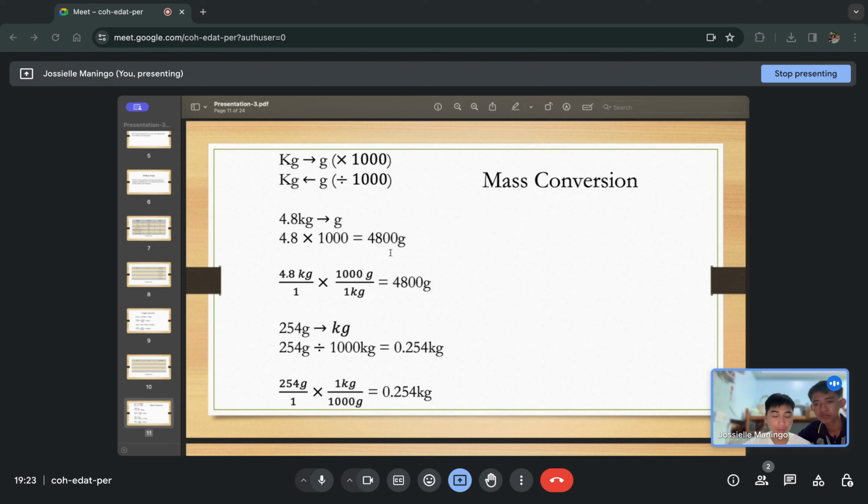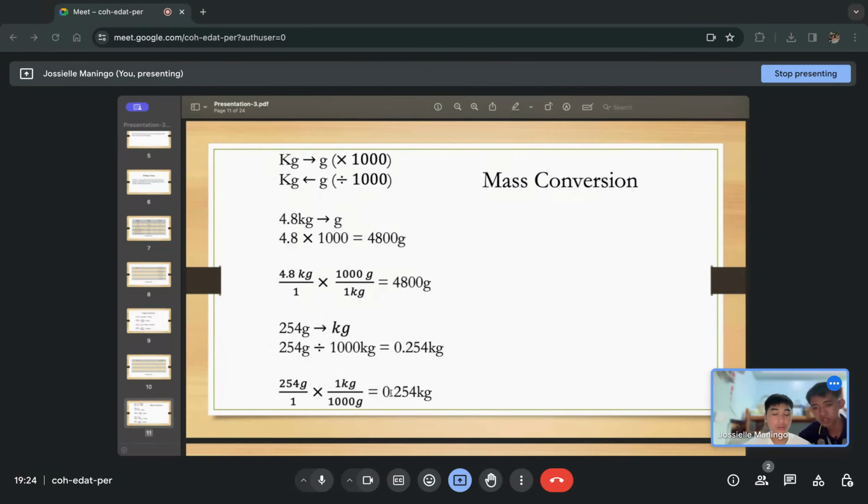If using the formula, 4.8 kilograms over 1 times 1,000 grams per 1 kg, cross multiply and cancel the kg, and we get 4,800. Same as this, 254 grams to kg: divide. If using the formula, you can use 254 grams over 1 times 1 kg over 1,000 grams,